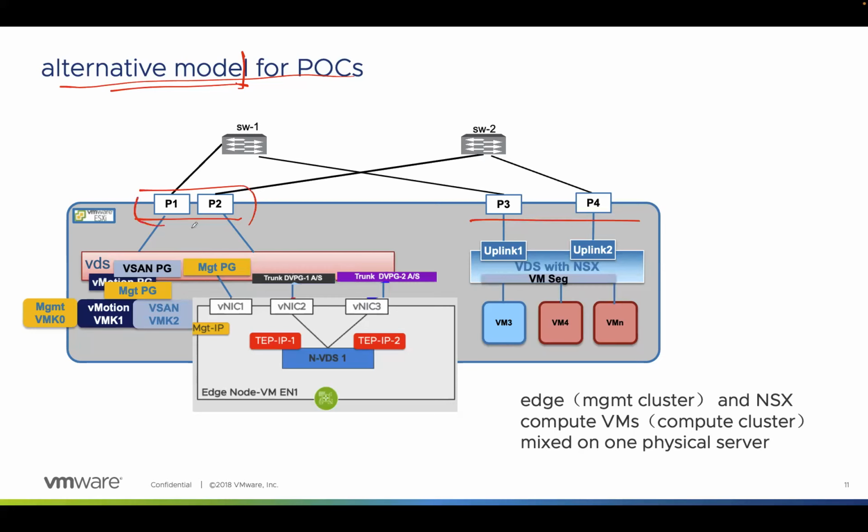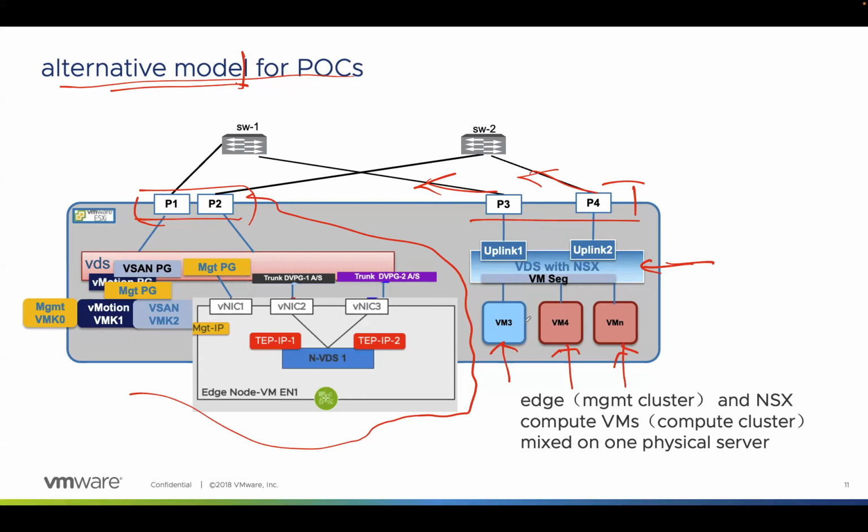And these 2 NICs are already occupied for existing traffic, and P3, P4 is a new connection for NSX installation, and you just create, as before, a brand new VDS for NSX and for the new production